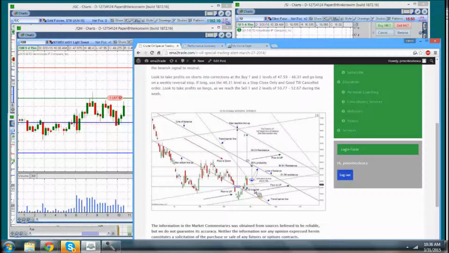And this is as of the close on Friday. In using line of balance analysis,